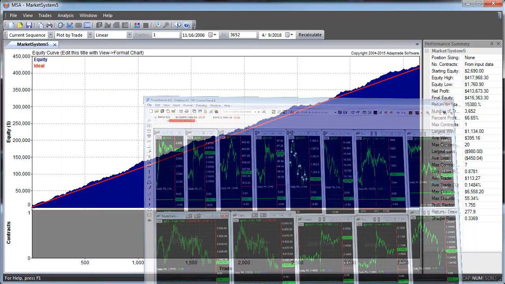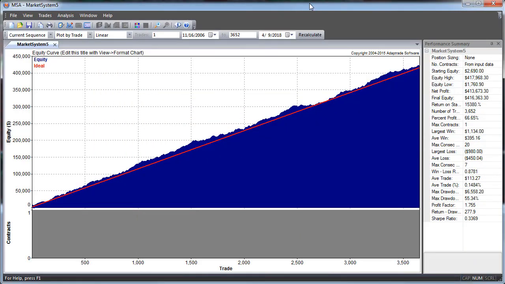And I've imported all of those into this portfolio analyzer, and you see the total results are 417,968.30. Over here on the right, that's the equity high, actually the net profit, 413,673.30. And then the average trade is 113.27. This is without slippage and commission, but I'm going to show you how you can change the slippage and commission